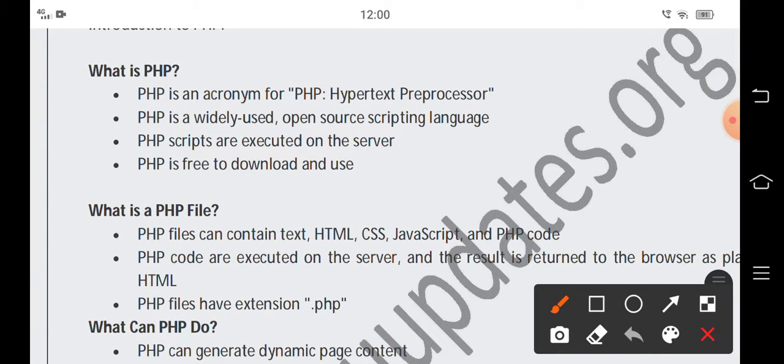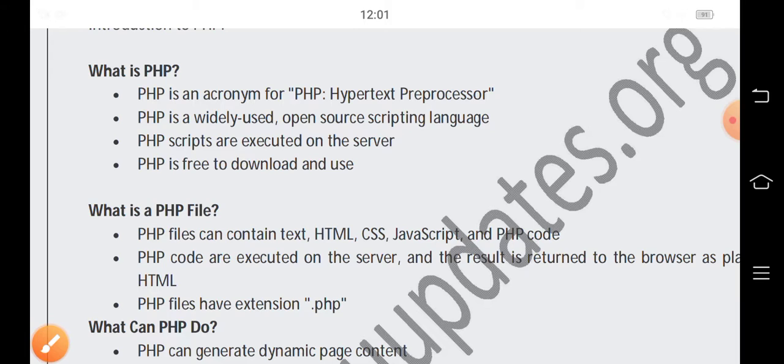That means our HTML, CSS, JavaScript, these are the client side. When you enter username and password, if you make any mistake, you are going to get that information at your system. That means what you are using is known as a client system.